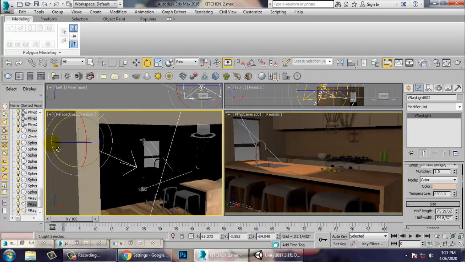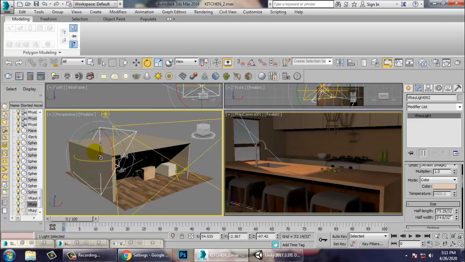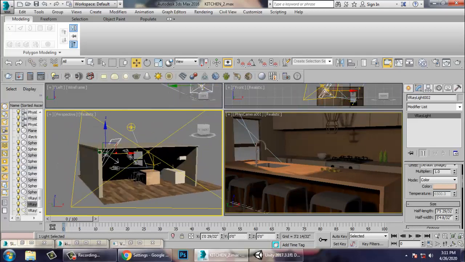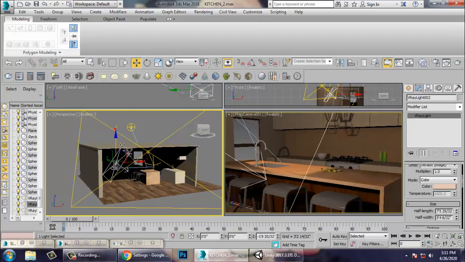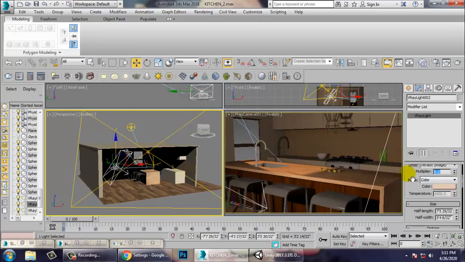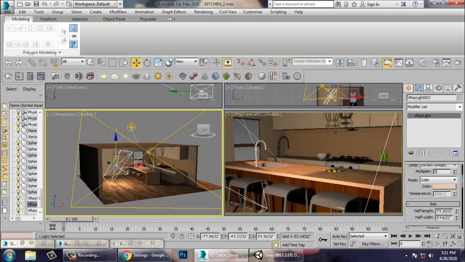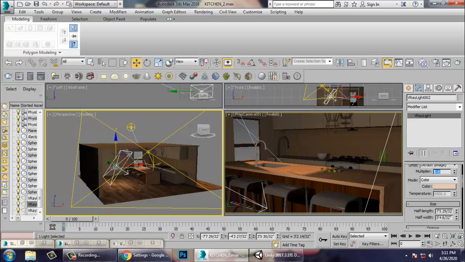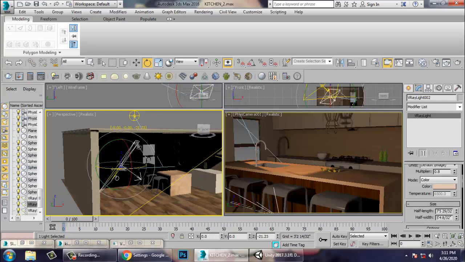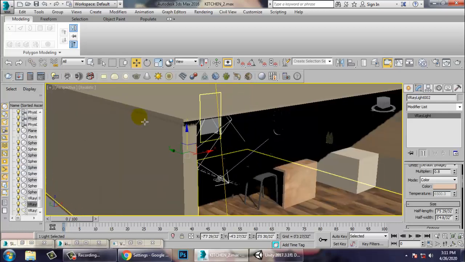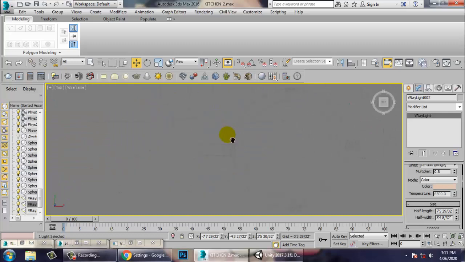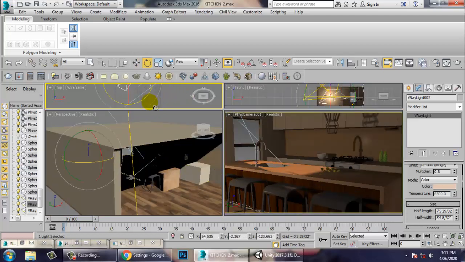So if you select this light and if you see this, you can push this light a bit inside over here, and if we increase it, it is going to increase. So let's keep it as 0.6 or 0.8. That is much better. So that is a bit of fill light which I am going to assign. So let's go to the top view over here, and I'll just push this light till here.